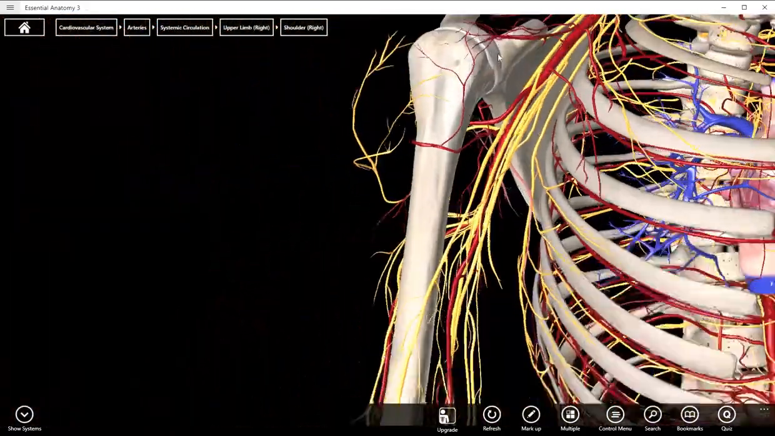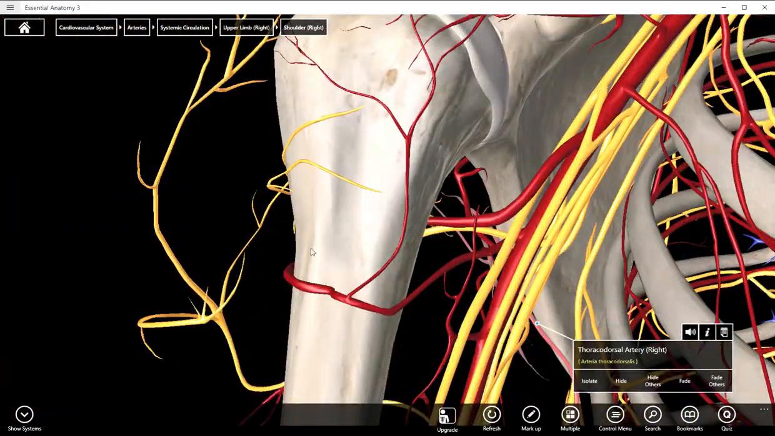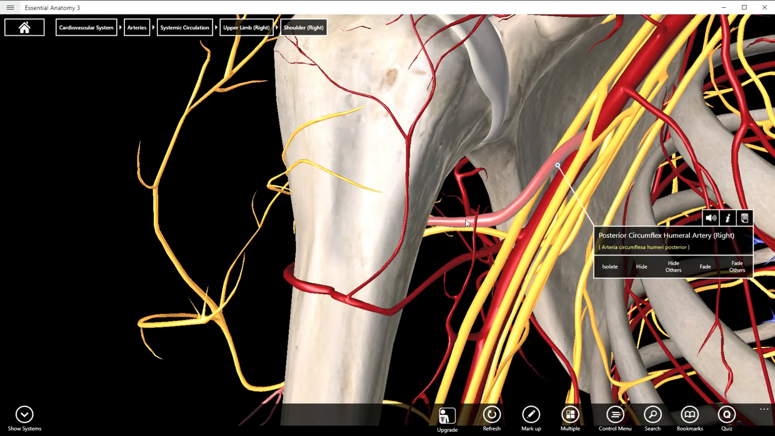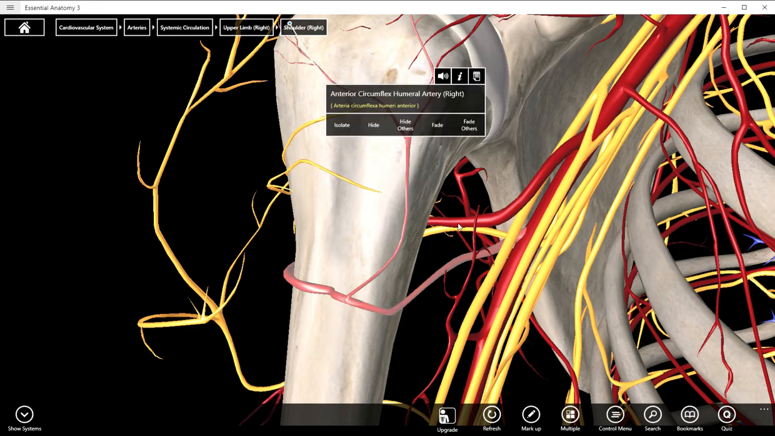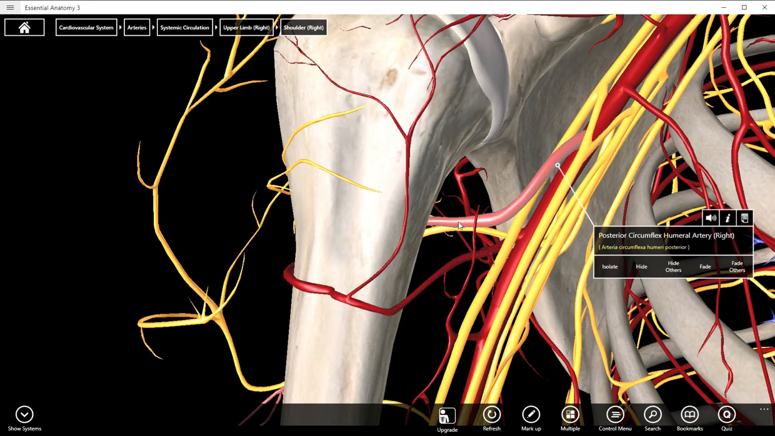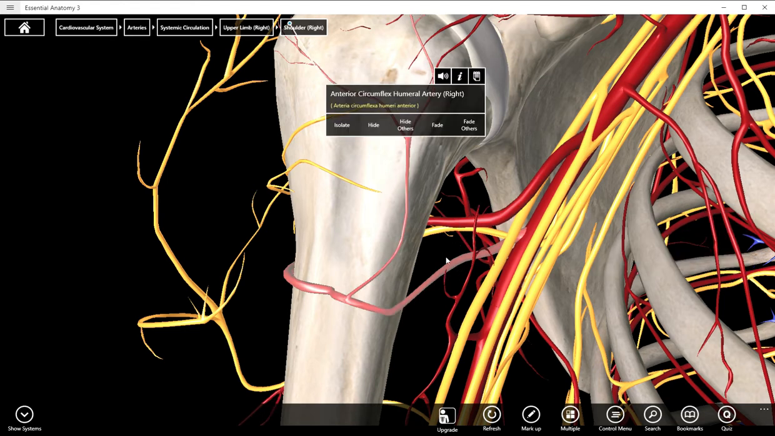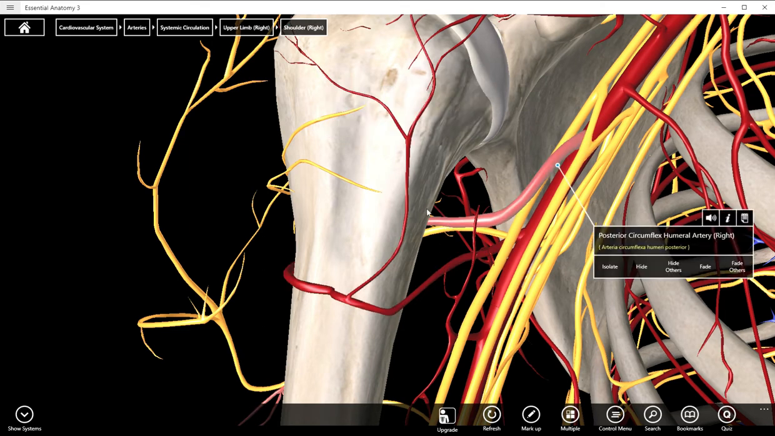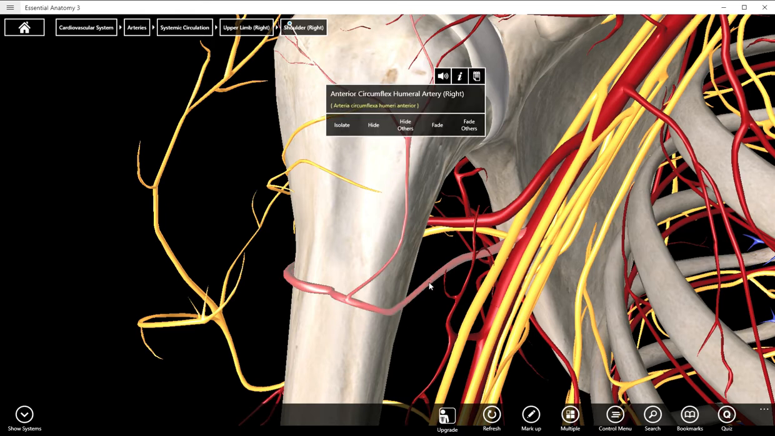So here's the idea. There's two arteries that wrap around the surgical neck of the humerus. One goes anteriorly, one goes posteriorly. And they did a good job. They drew anterior smaller and posterior larger. That is always the case. I've maybe seen one or two cadavers where they were the same size, but never the anterior bigger. So anyway, posterior humeral circumflex artery and anterior humeral circumflex artery,